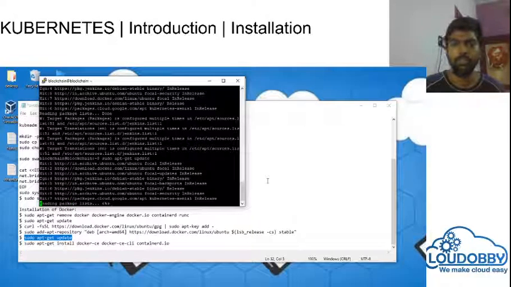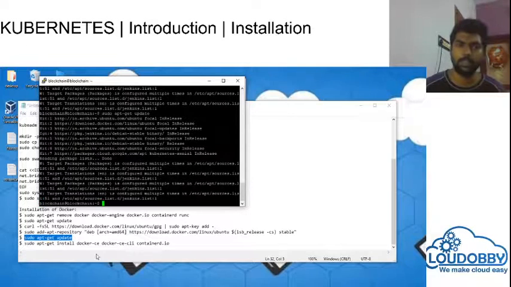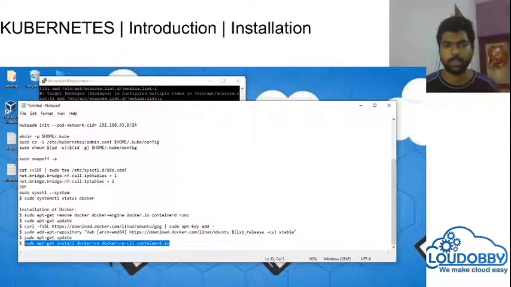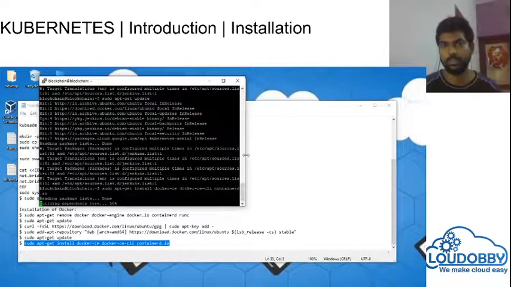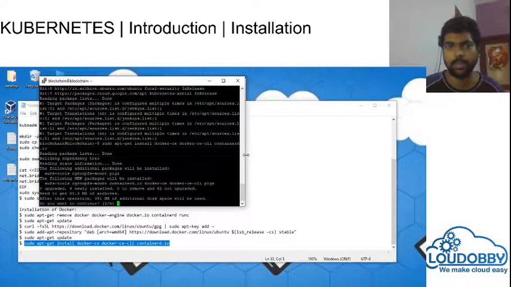Okay, I am also going to install three components in Docker, which are Docker CE, Docker CE CLI, and containerd.io, or you can install just docker.io. So Docker CE and Docker CLI and containerd.io.